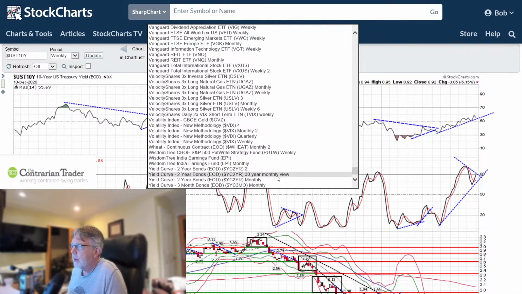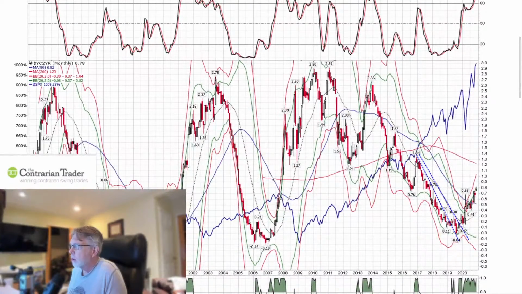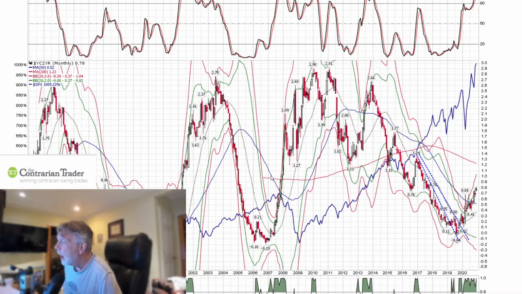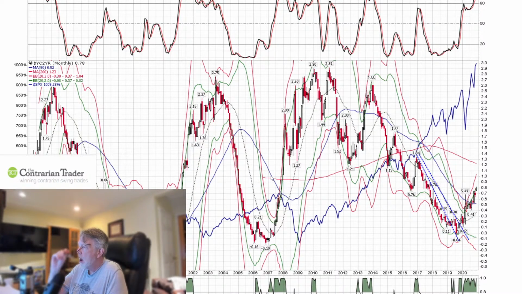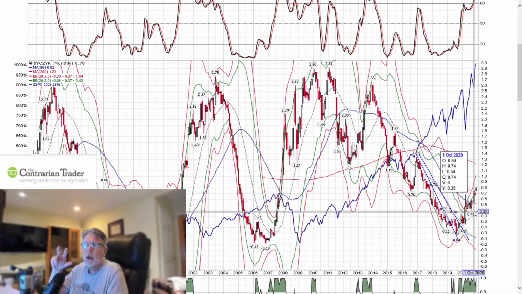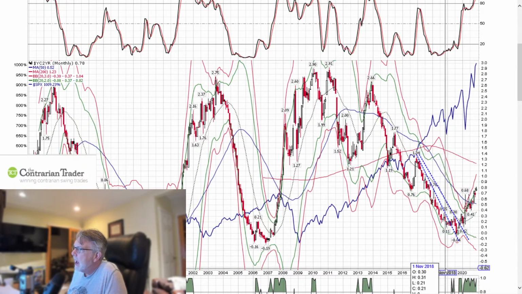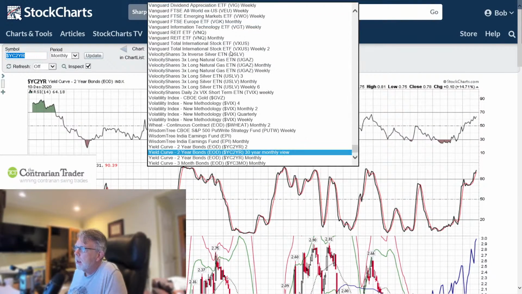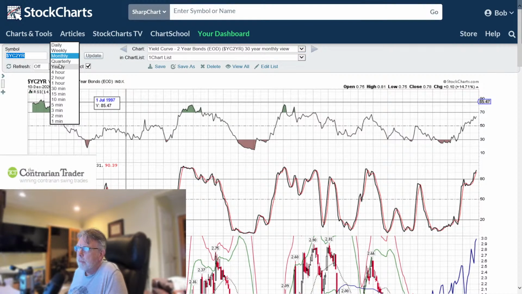I want to talk about the yield curve. I spoke about this with folks, I think on Sunday night. And the yield curve continues to press higher on a monthly basis, and this is technically or usually a bearish sign. Let me rephrase. The yield curve is not moving up higher. It's steepening. And usually that does not bode well for stocks. So we're getting indicators by the market that stocks may be doing all well and good, but beware.